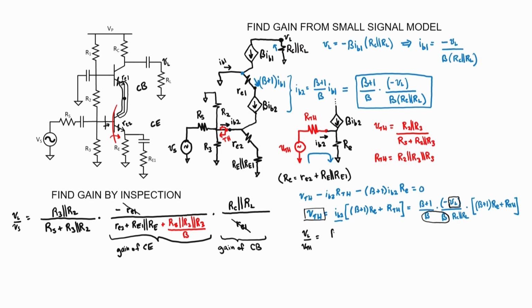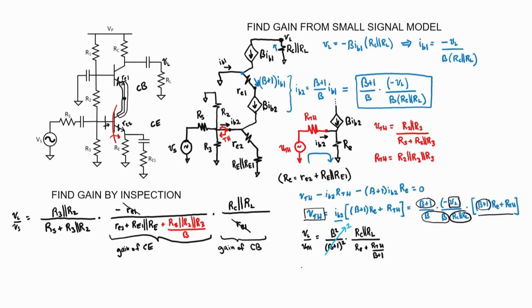First, we have beta squared. Up here, we also have beta plus 1 squared, and we'll have it with the other term if I divide RTH by beta plus 1. So here's what I'm going to do. I'm going to factor out beta plus 1 squared. I'm going to write this in the numerator. And then I'm going to write this in the denominator, remembering that I need to divide RTH by beta plus 1. So beta squared over beta plus 1 squared, that's nearly equal to 1, so I'm going to ignore it